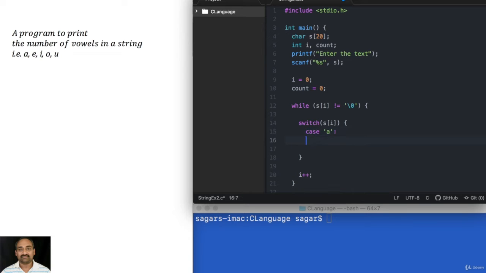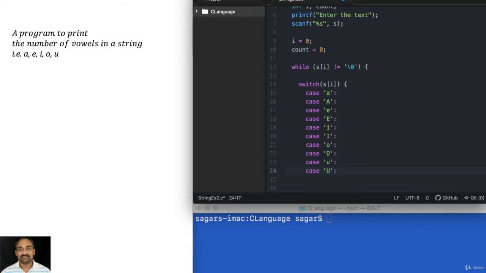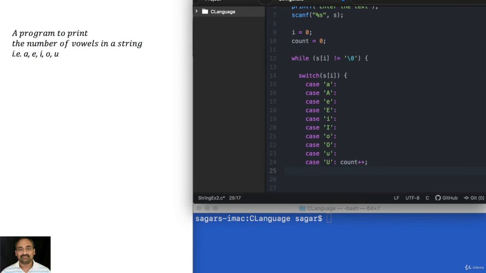Now in case it is equal to small a, now in case it is equal to capital A, here I am not using the break statement. So if any case matches, till the break statement, control will continue. Case this is equal to small e or capital E. Now in all these cases I will increment the count and I will put a break.